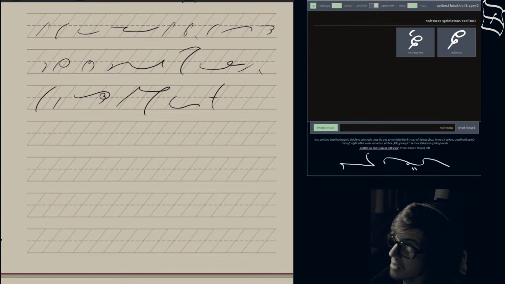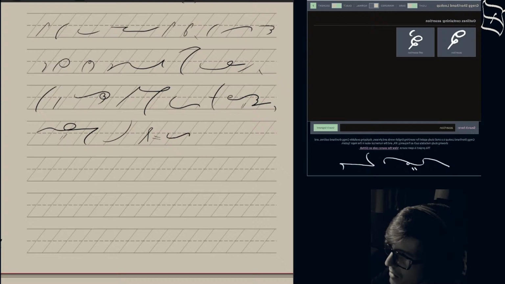So Ericsson, comma, Krampe, and Tesch-Römer.